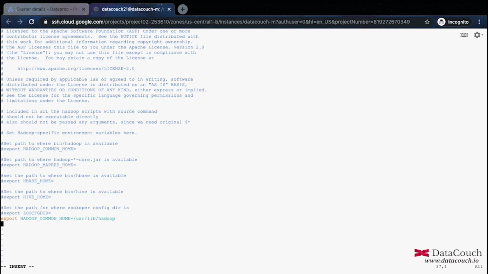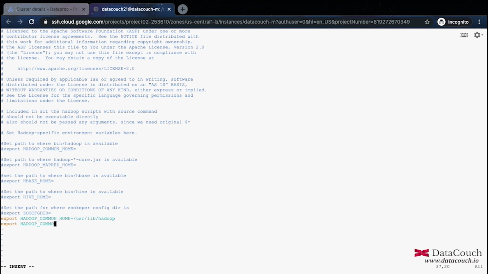So the intention of doing this is basically we are integrating Sqoop with the MapReduce or Hadoop environment, so that Sqoop is having access to the common libraries of Hadoop already installed on this machine.